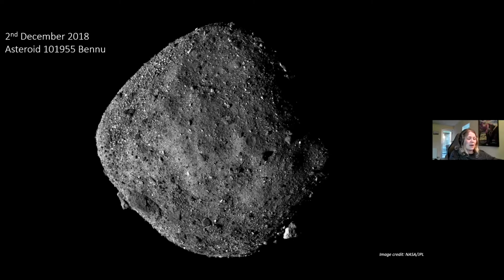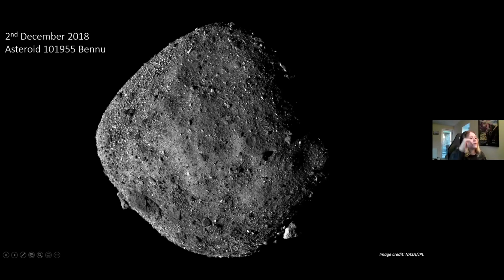It's actually a compilation image of a bunch of different figures, but this is asteroid Bennu. This is basically where we think some of those really primitive meteorites that I was talking about in the talk and earlier have actually come from. So we've skipped out the middleman of having the meteorite journey through space and then land on Earth. We're literally going straight to the asteroid.